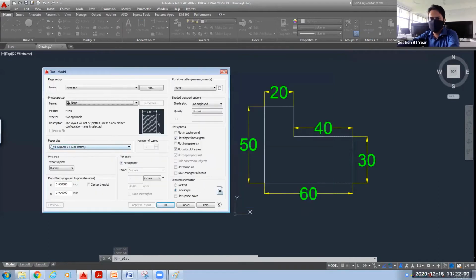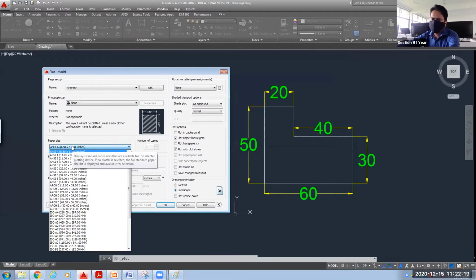Here you can select the paper size. Here you can see by default it is ANSI A. Because you have to keep this in your record book, I will prefer A4 size. Okay. So I'm selecting ISO A4 297 210 mm.